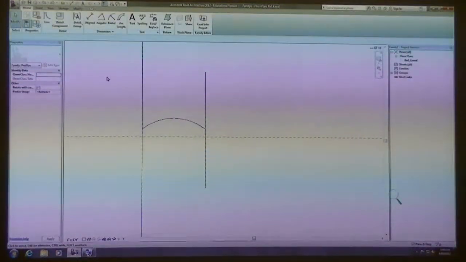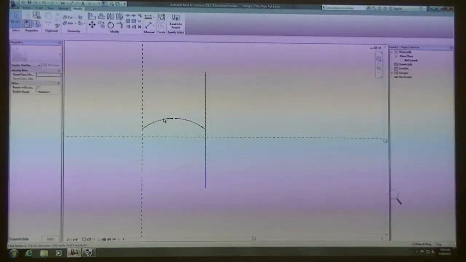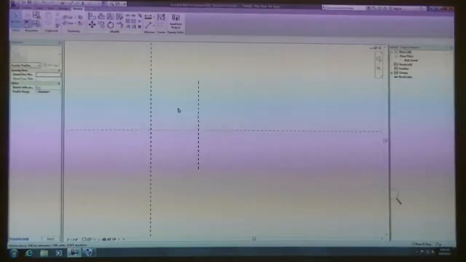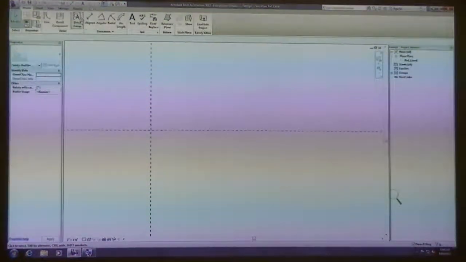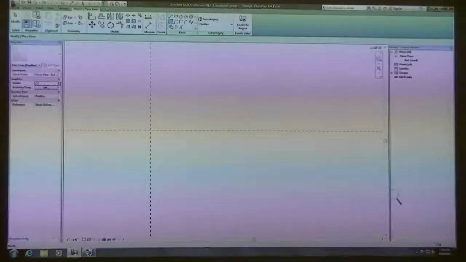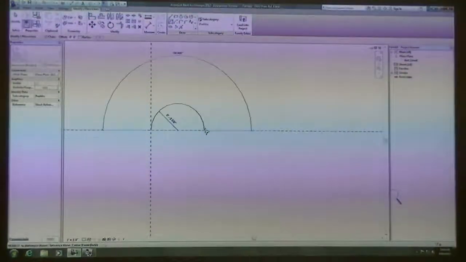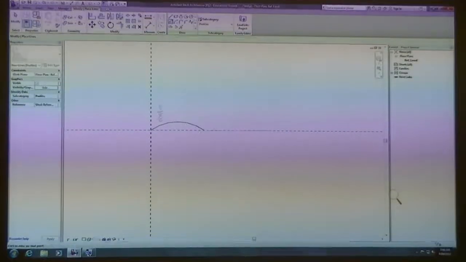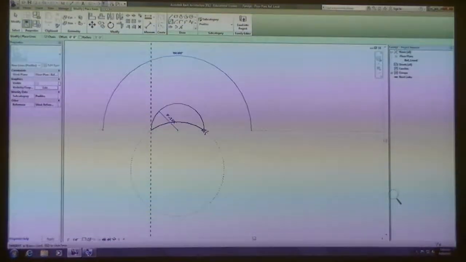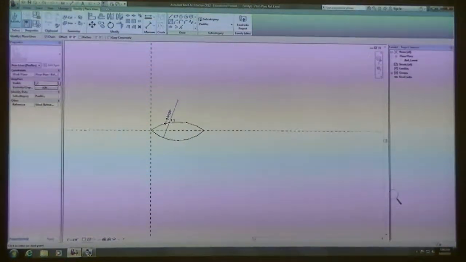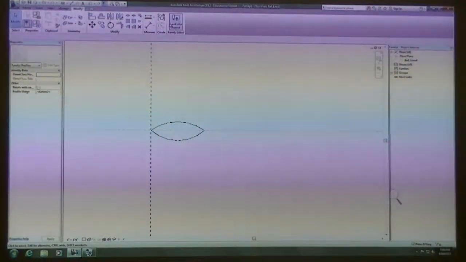I'm not going to worry about this shape too much. A little tricky with the curves. So let me go with just a generic football shape. Go back to making this. As long as you make it a closed shape and load it into the project,